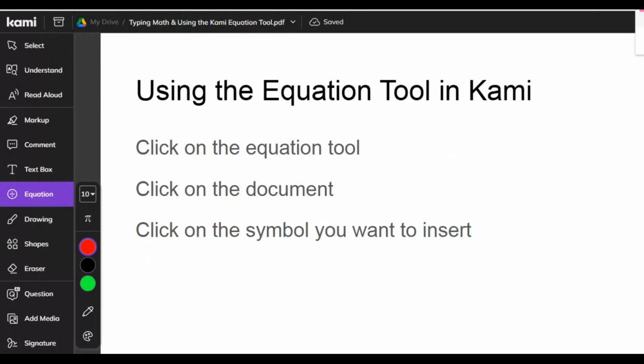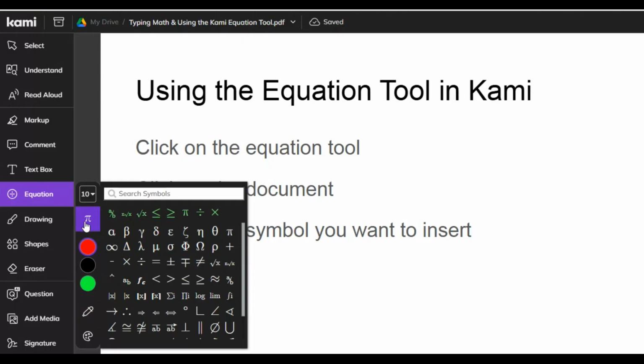We can also use the equation tool in Kami to do our math problems. The way that this works is we click on the equation tool, then we click on the document, and then we select the symbol that we want to insert. So let's try that. Click on the equation tool, it comes up with this toolbar. Click on the pi symbol or whatever symbol shows up there to give you the panel of all the symbols that you can use. You can see here that the most recently used symbols will show up on the top in green, but you also have a whole catalog of symbols available to you here, including our